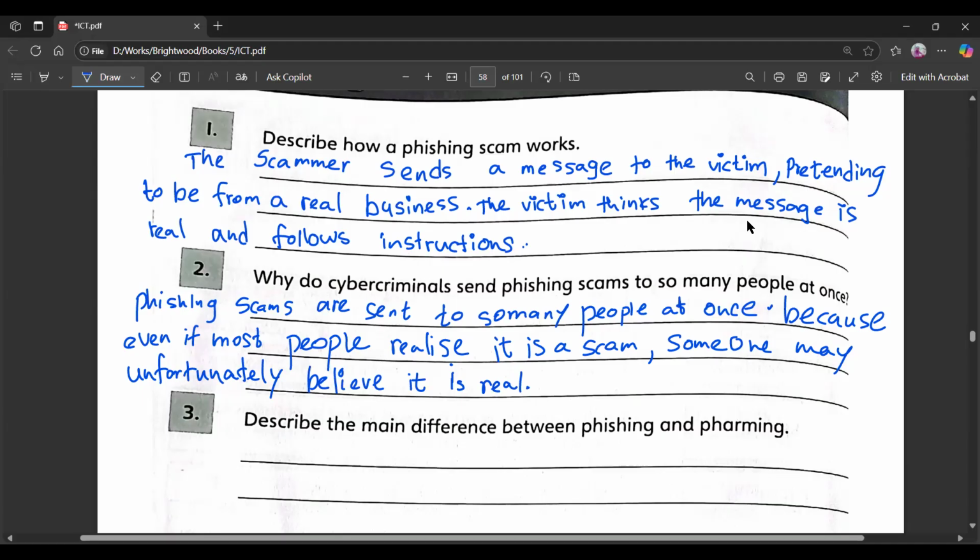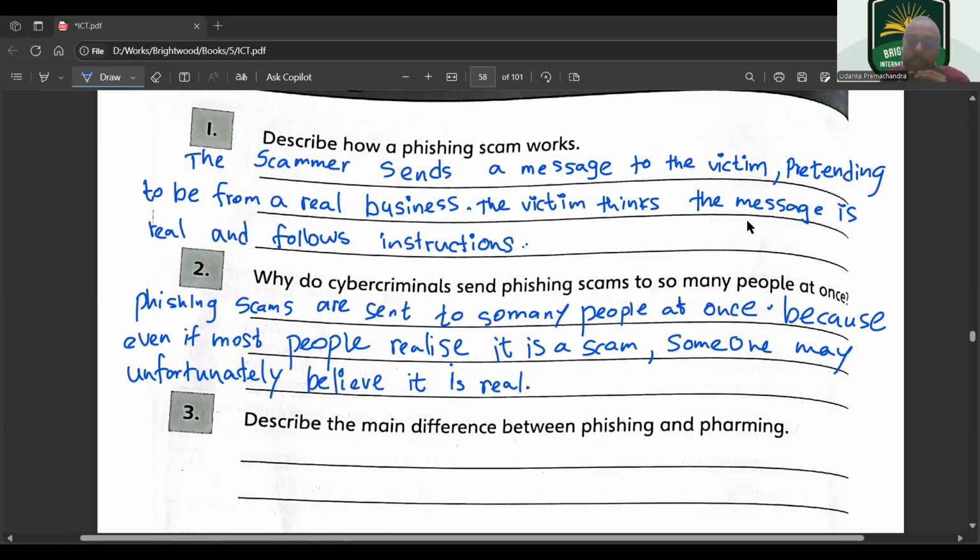So that's the thing. They are targeting a lot of audience, but unfortunately one person can be caught by that. Clear? Phishing scams are not only targeting one person at one time, they are targeting an audience. So maybe they attack one person at a time. Can you please write this down? Yes, write it, and try to do the third one also.